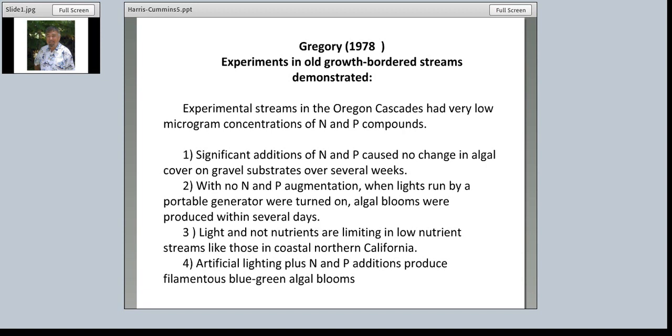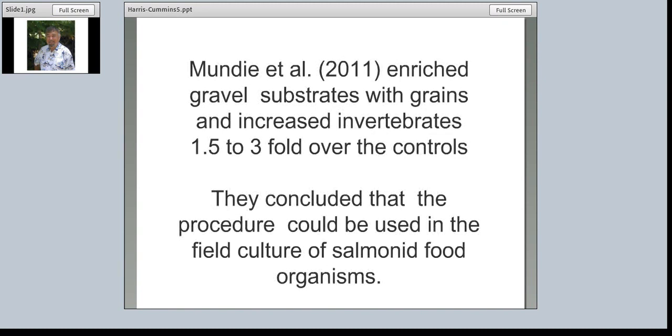And I just point out that from an invertebrate point of view, filamentous algae is a really poor substrate for invertebrates. Very, very few invertebrates feed directly on filamentous algae. It may offer some substrate for habitat, but it's certainly not very conducive to maintaining high diversity invertebrate populations in streams. So it's sort of be careful what you wish for. You get a lot of algae, but you don't want to also involve any sort of nutrient enrichment because it'll drive the system to filamentous forms.